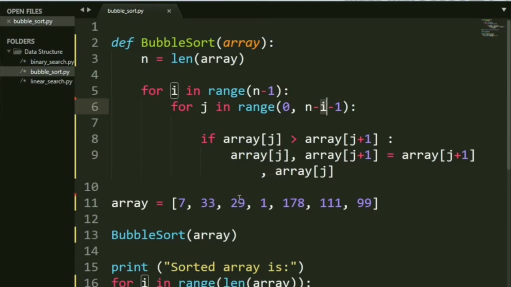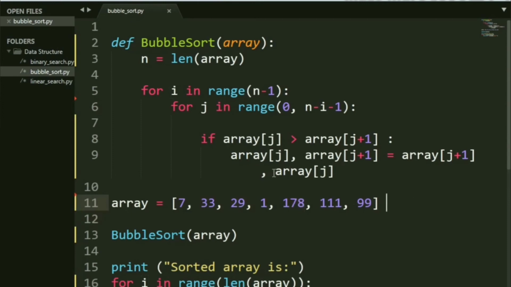So 1, 2, 3, 4, 5, 6, 7. So 7 minus 0 minus 1, so basically 6. So j will range from 0 up to 6. Okay, because automatically at the end, the highest element will get sorted. So it does not have to look into that aspect anymore.